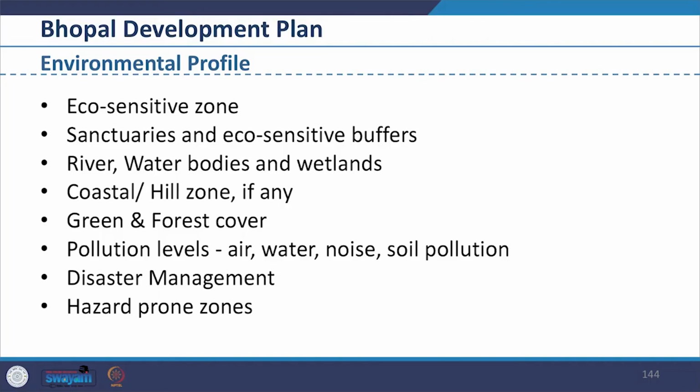As per the guidelines, the environmental profile should cover all these areas if they are there: eco-sensitive zones, protected or restricted areas such as national parks and wildlife sanctuaries and eco-sensitive buffers around them, rivers, water bodies and wetlands, coastal and hill zones if any, green and forest covers, pollution levels, disaster management, hazard prone zones such as earthquake, floods or flash flood areas. In the Bhopal Development Plan 2031, we see green cover area is